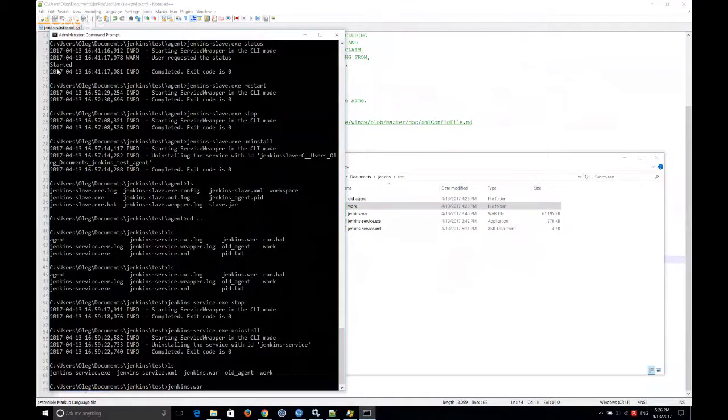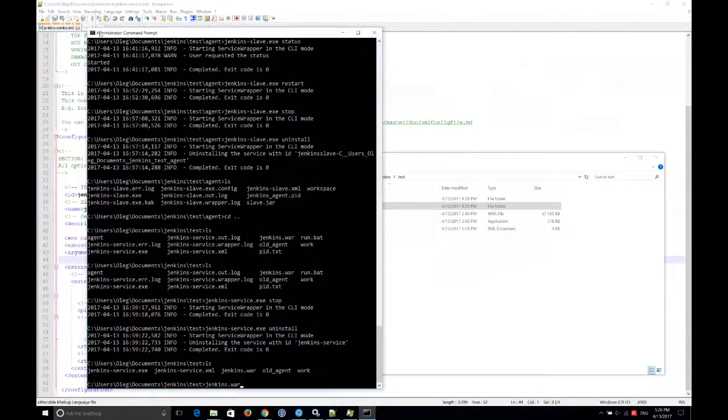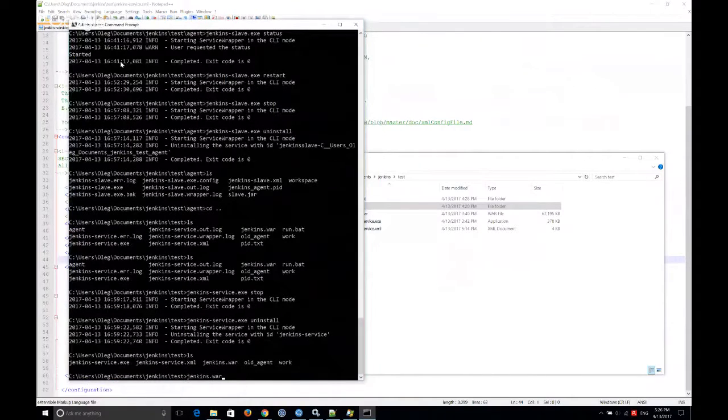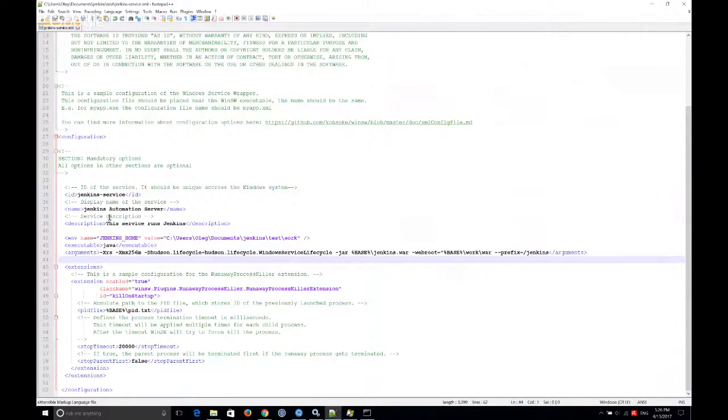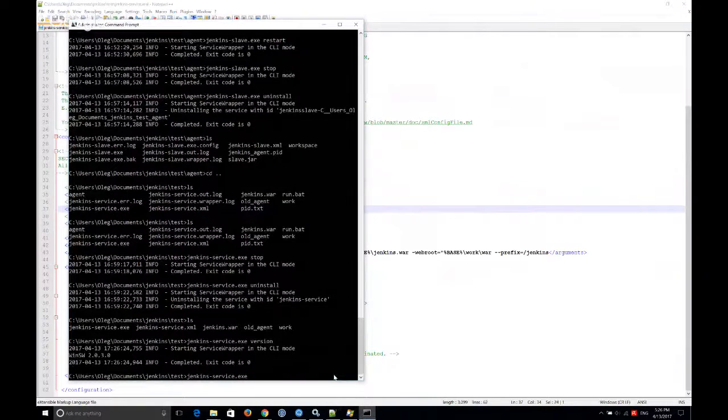As you probably see, the font is big enough. Okay, I suppose it's fine. So I'm going to check the version of the service. It's 2.0.3, the latest version of Windows Service Wrapper. And I'm just going to install this service. So according to our configuration, it's called Jenkins Automation Server, and the ID is Jenkins Service. So once I run jenkins-service.exe install,